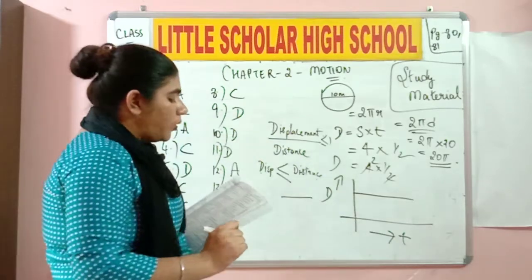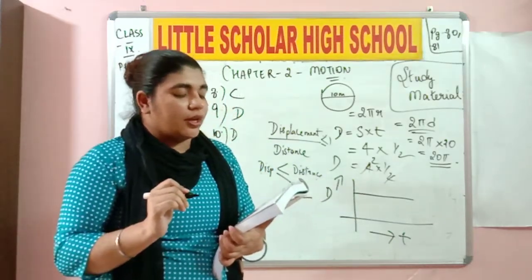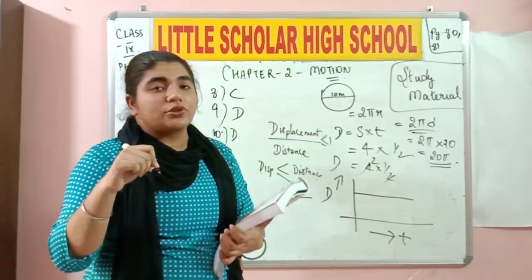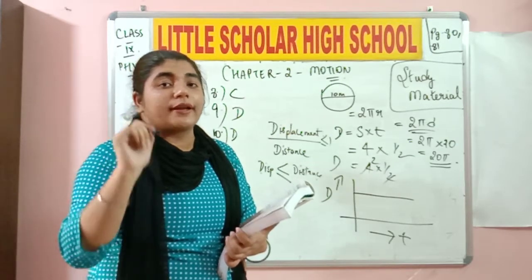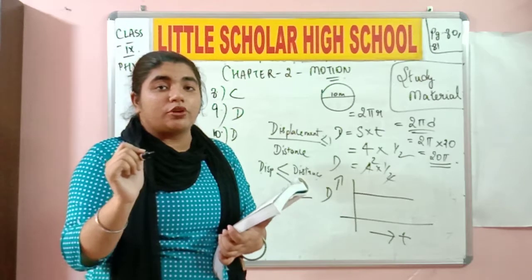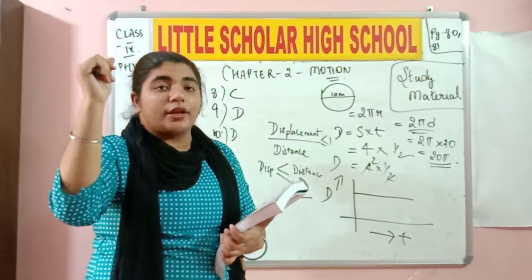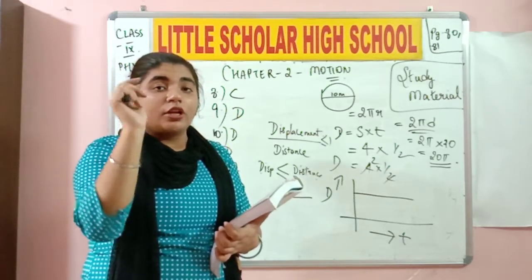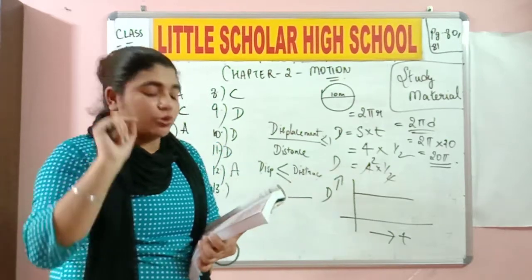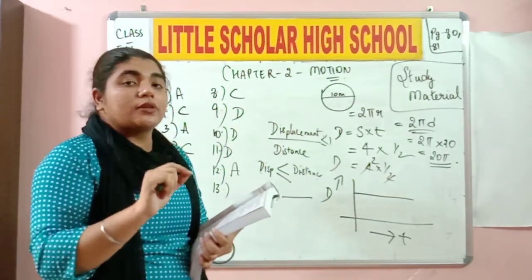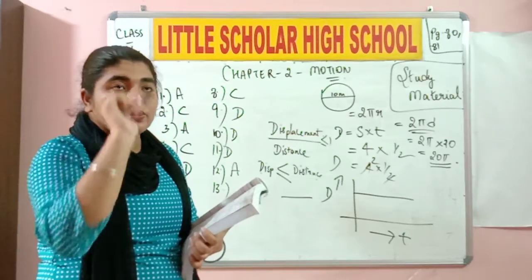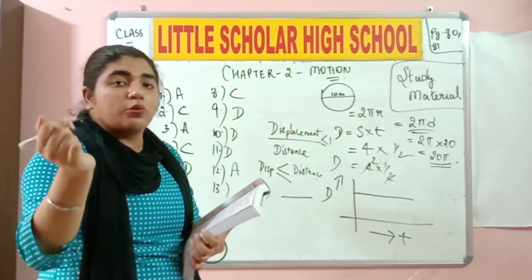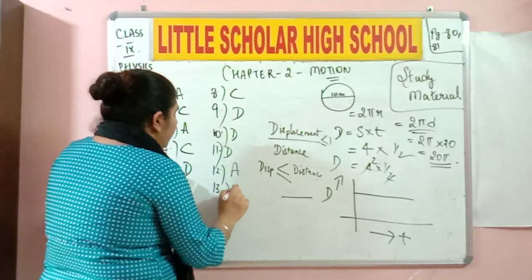13th one. When a body is moving with uniform velocity. Okay, when it is moving with uniform velocity, this means it is traveling in a straight line. If it is changing its direction, then it is not uniform velocity. There is a certain acceleration taking place, like the curved path of the bus. Do you remember? Along the curve, the velocity changed. The acceleration was the highest at that point of time, when the bus was taking a curve. So the body moving with uniform velocity means it is moving in a straight line path. You remember the distance versus time graph tells you that whenever there is a straight line coming from the origin, this means the body is moving with uniform velocity. So 13th one is going to be B.